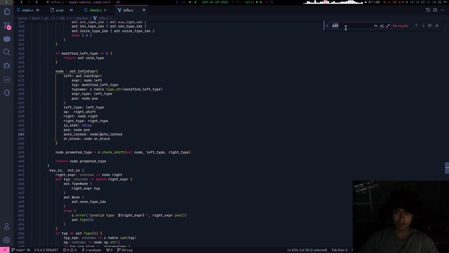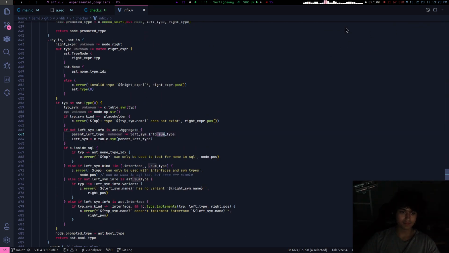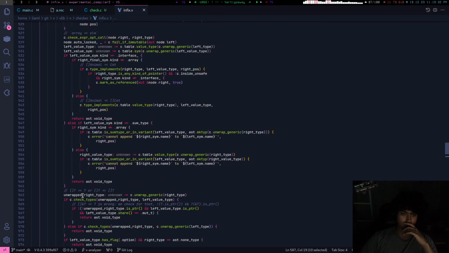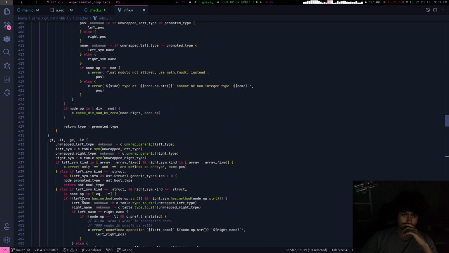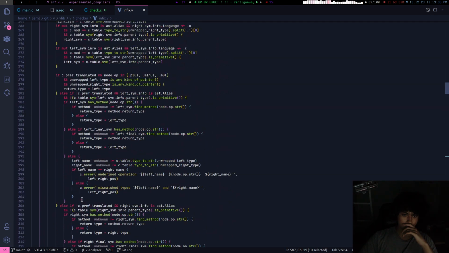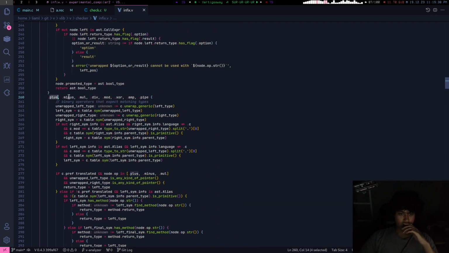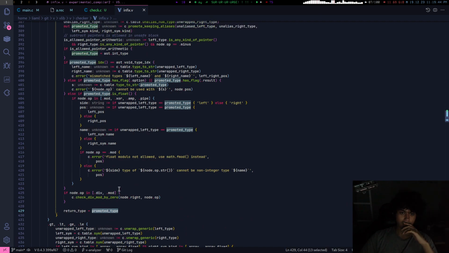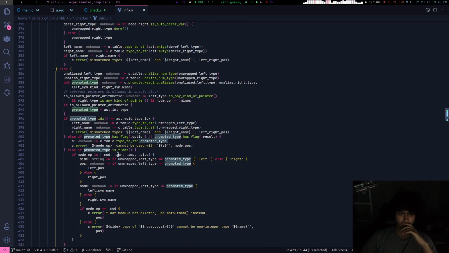Where's the dot add? There's unsigned right shift. Yeah, plus minus mul div mod xor amp pipe. Okay. How do they calculate the promoted type?